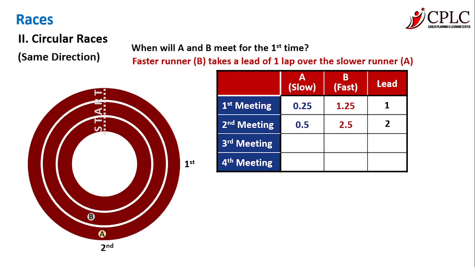If we further continue this race, they will now meet for the third time somewhere around the 9 o'clock position, which is probably bang opposite to 1 o'clock, which is bang opposite to the first meeting position. And then lastly, the fourth and last meeting happens back at the starting point, which is opposite to the 6 o'clock position, which is 12 o'clock, which is opposite to the second position, if you realize that.